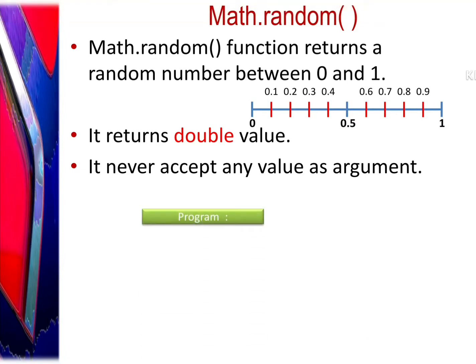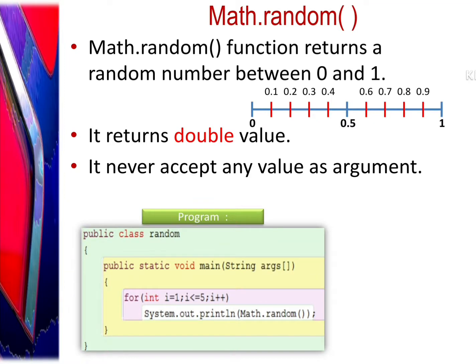And see, I'm trying to create one program so that you can identify what I am talking about. Means in this program I created one loop, that is a for loop. Why are we having a for loop? Because when we want to run any statement, this one is a statement, System.out.println Math.random, any line which is ended with a semicolon, that is a statement.